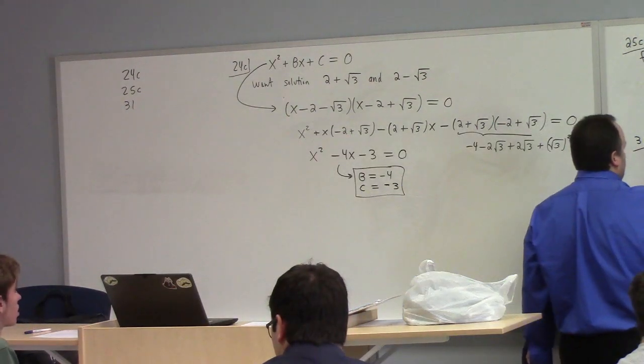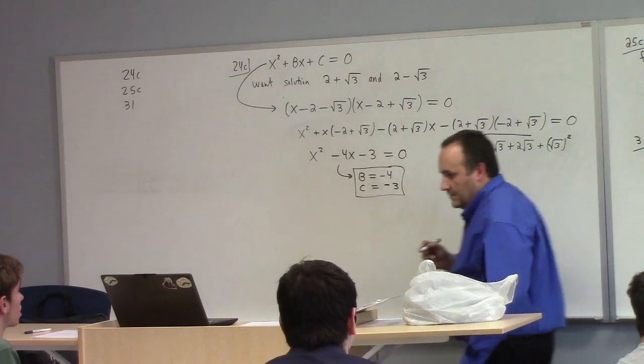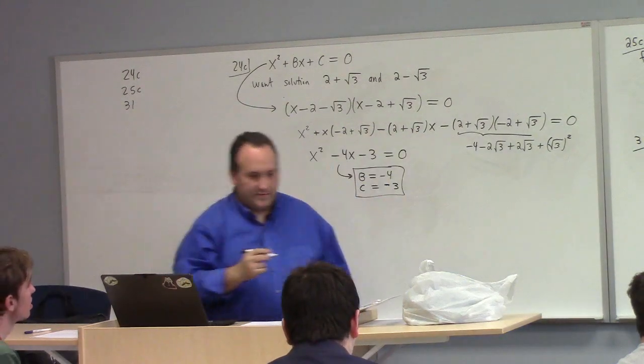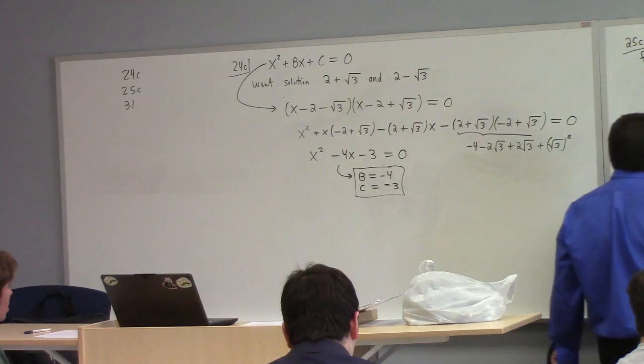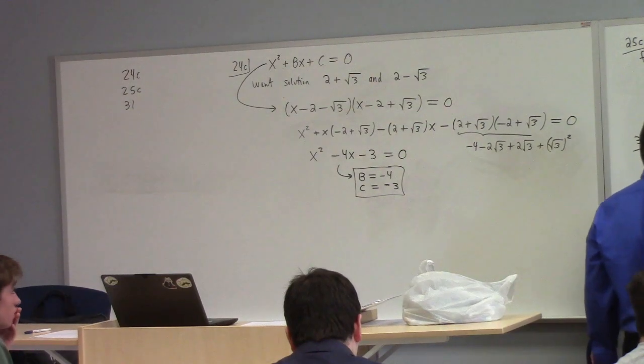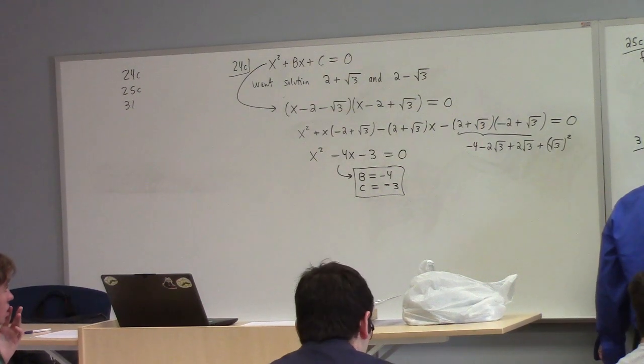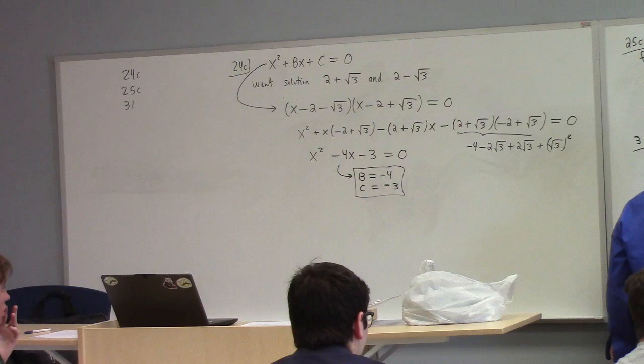We've got x squared plus 2x minus y squared plus 4y equals